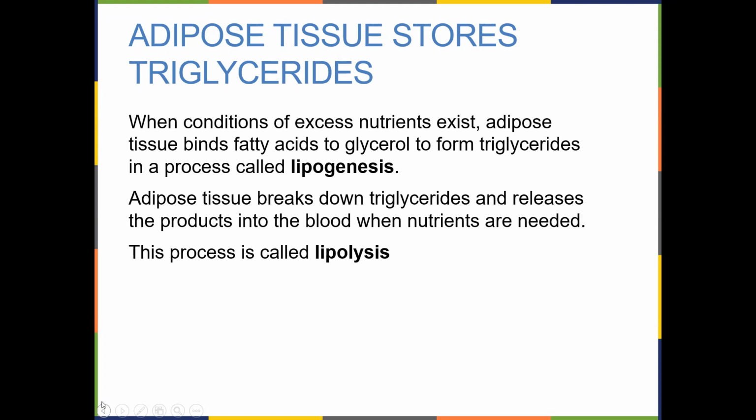Now, when we do need it, those same adipose cells can release the lipids and allow it to get broken down into glucose. It's called lysis, the rupturing of the lipid molecule. We call it lipolysis, lipo for lipid, lysis. Anytime we see lysis, we're dealing with the rupturing of a molecule, of a cell, of anything. Hemolysis is lysis of red cells. Lipolysis is the rupturing of fat cells. So we can store it in the adipose, we can take it out and break it down and release it for energy.